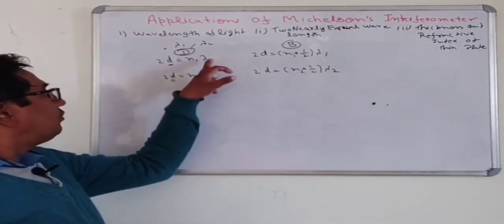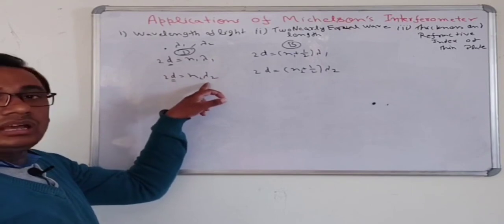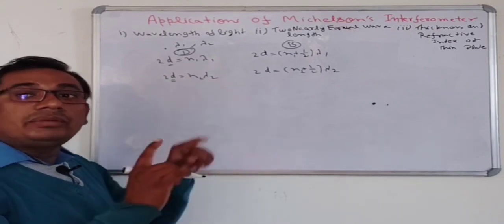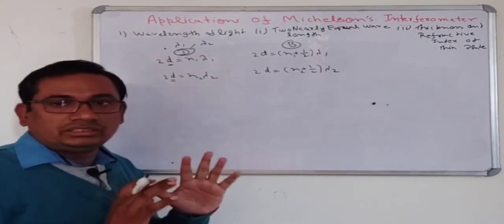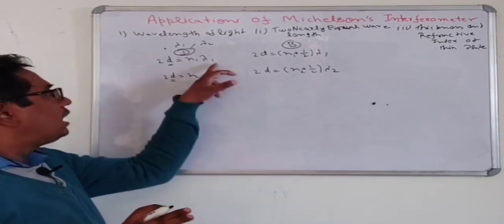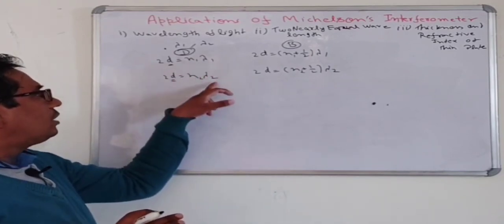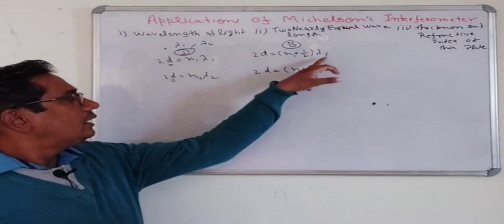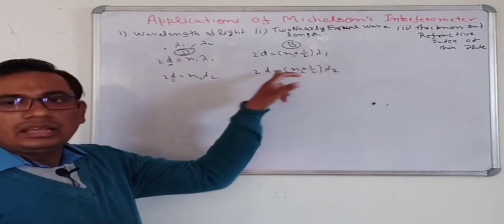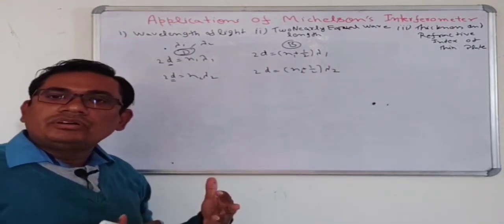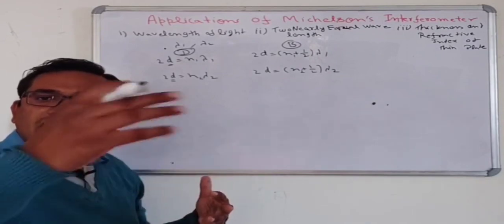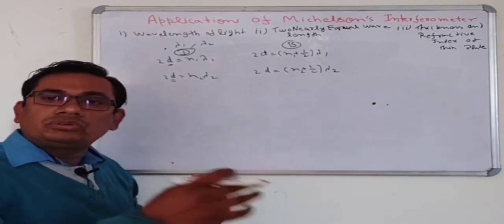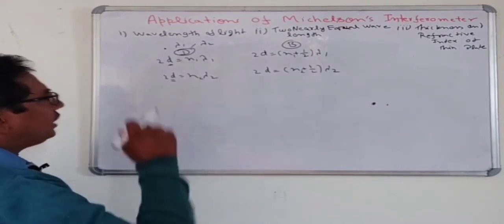You can see that when the lambda is changed, it means that at the same value of d, n will also be changed. So here we assume that at lambda 1, it is equal to n1, and at lambda 2, it is equal to n2. Here n1 is a number like 0, 1, 2, 3, and n2 is also a number like 0, 1, 2, 3.